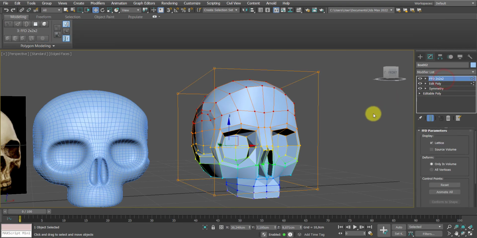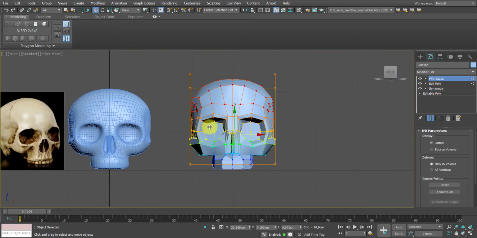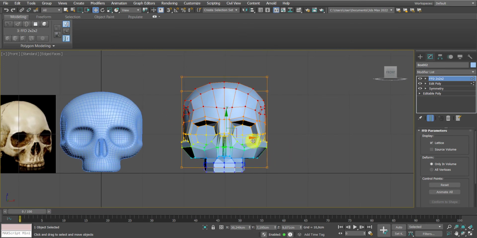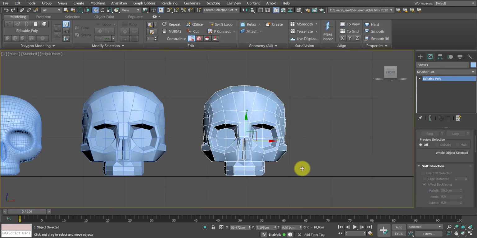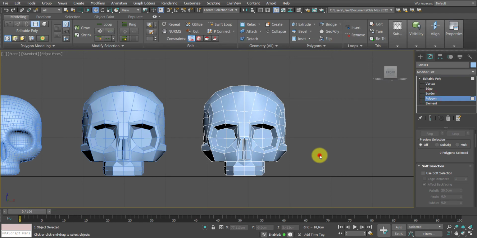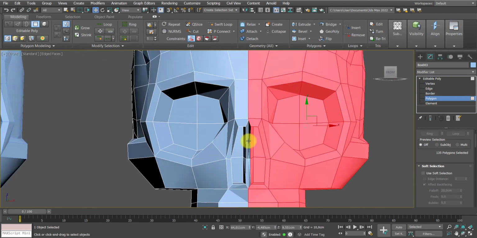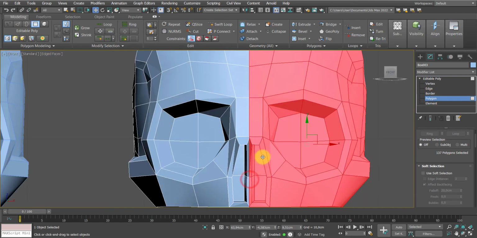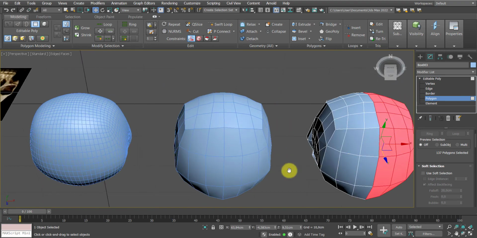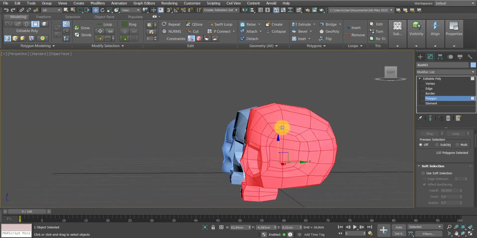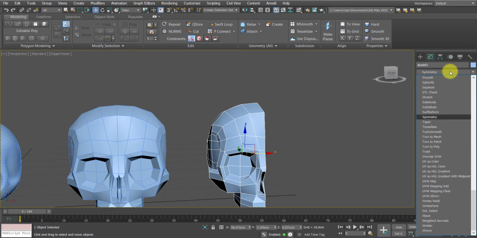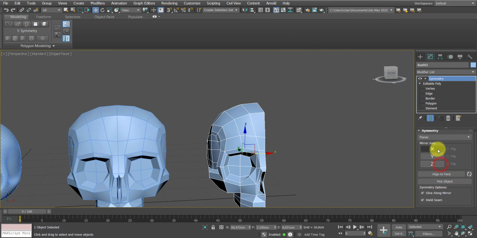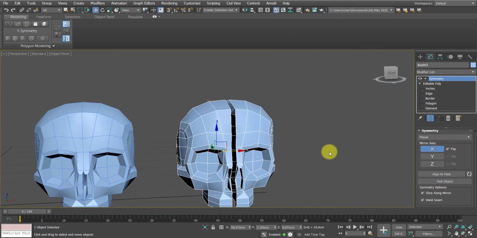What you can do to kind of reset and be able to get back a half side of the skull to easily model is, let me copy it again, we can convert it into an editable poly fully. And go to polygon mode and select the side, and carefully select, because you know there may be polygons off. Okay, everything is fine. Hit delete, and then we can use symmetry, apply along the x-axis, flip it, and yeah,